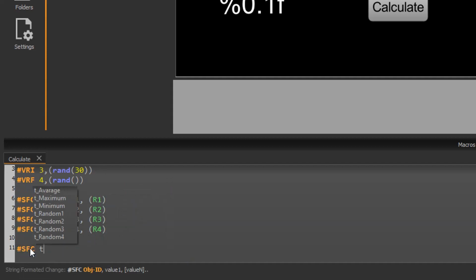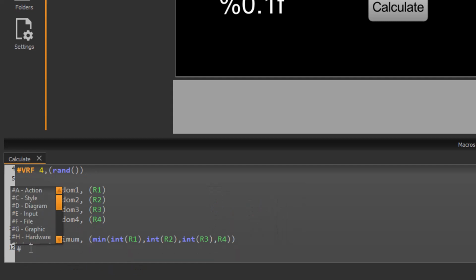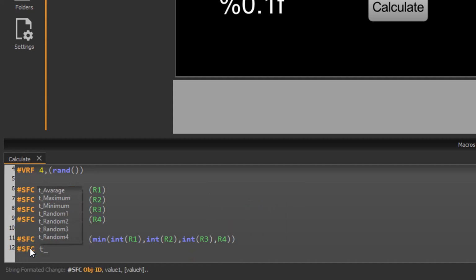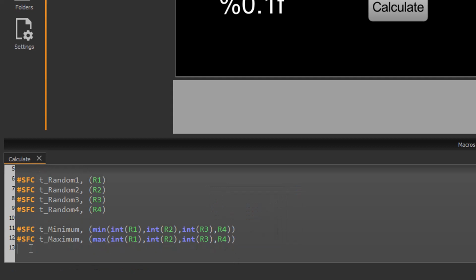Finally, we want to output the minimum, maximum and average values. Since we have mixed integer and float values, we decide to output the calculated values as float as well. If integer and float functions are within a calculation, we need to specify how they should be treated. We want to use a float calculation, and therefore we have to use the calculation command int before each access to an integer register. This specifies that an integer calculation follows, but it should be returned as a float value.